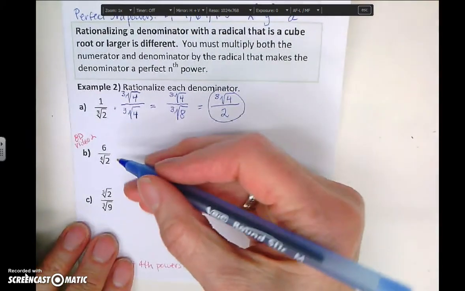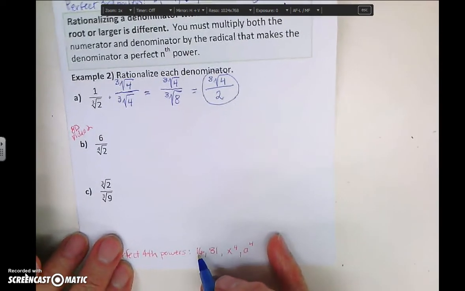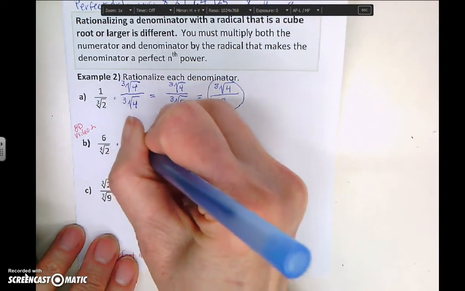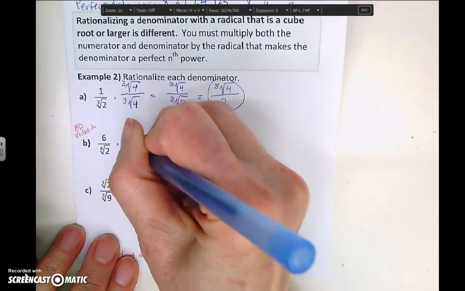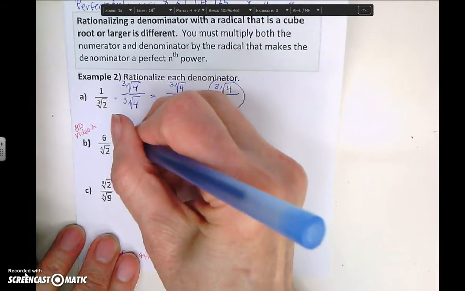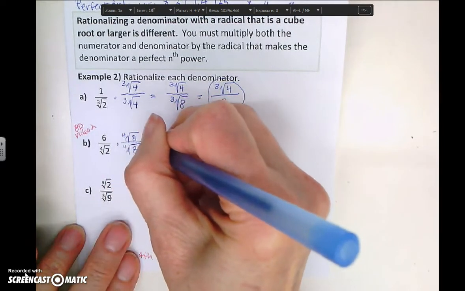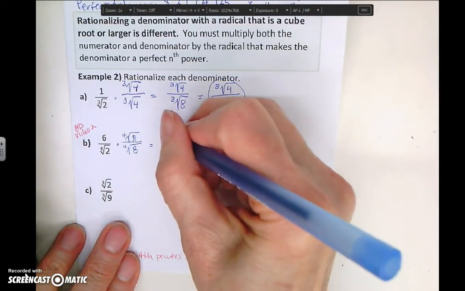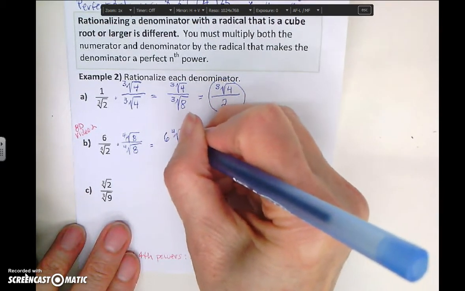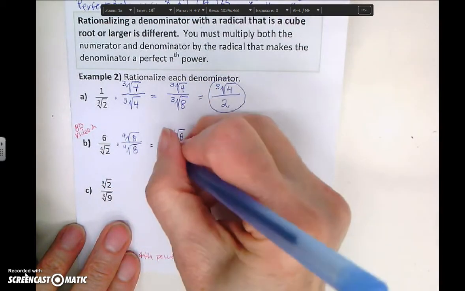All right, so I see that I've got a 2, so I'm going to want 2 to the fourth, which is 16. And to get a 16, I would need to multiply this by 8. So whatever I do to the denominator, I have to do the same thing to the numerator. And I then get 6, fourth root of 8, divided by the fourth root of